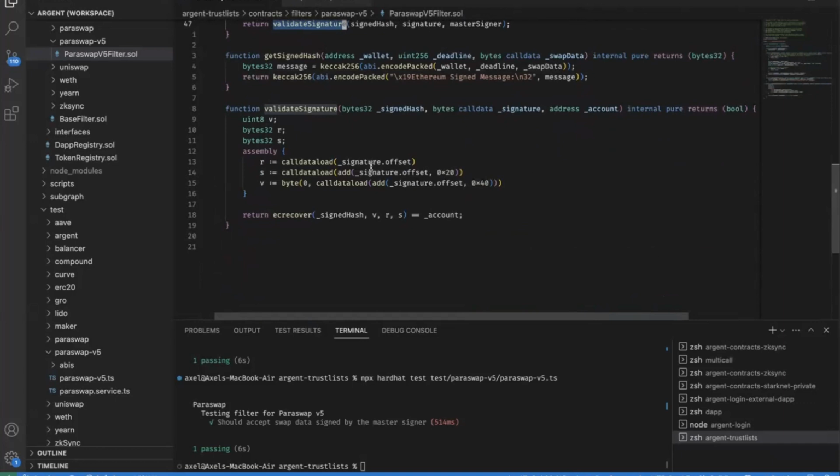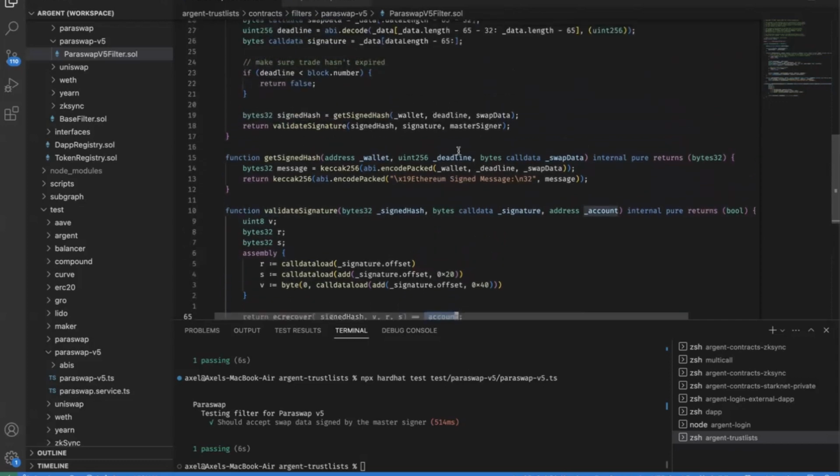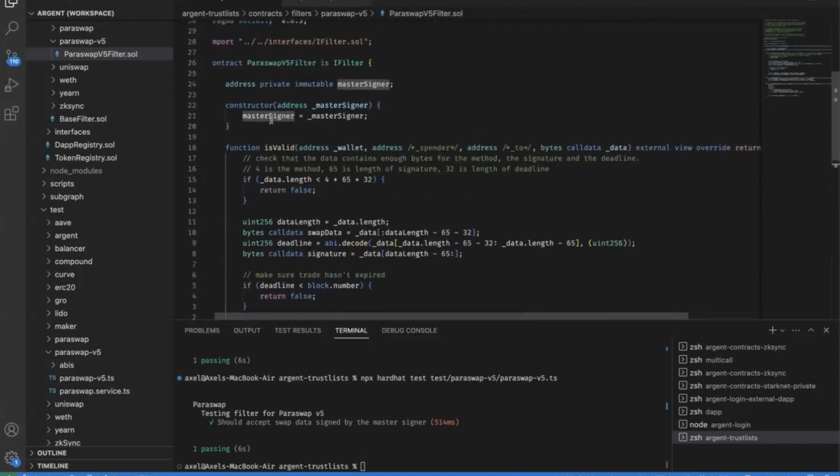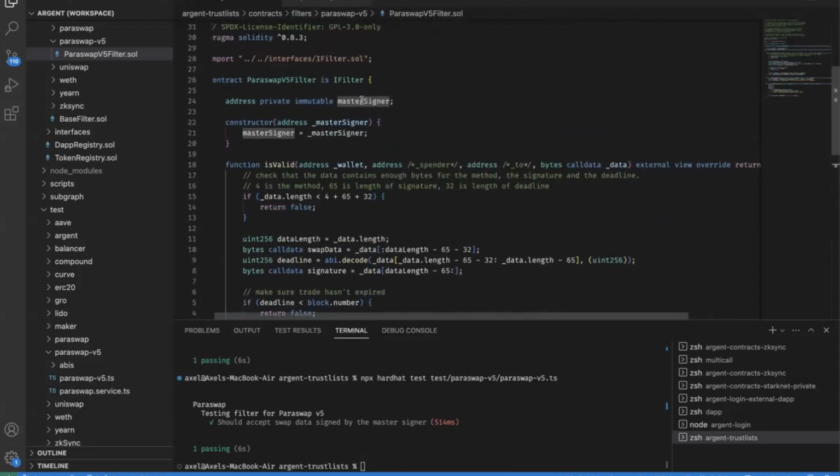We're doing this standard decoding of parameters and calling EC recover and checking that the address recovered from the signature belongs to some kind of hard-coded owner in the smart contract. But now let's say instead of this hard-coded address, in a world of account abstraction, it could be a specific account.